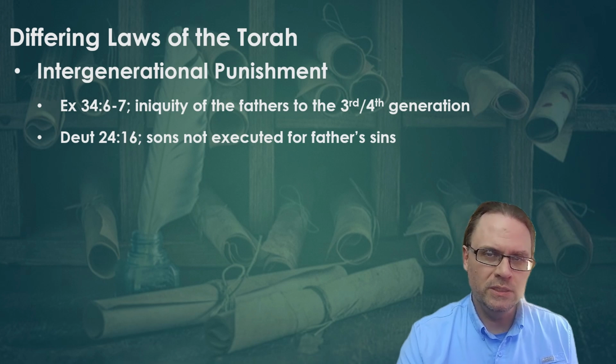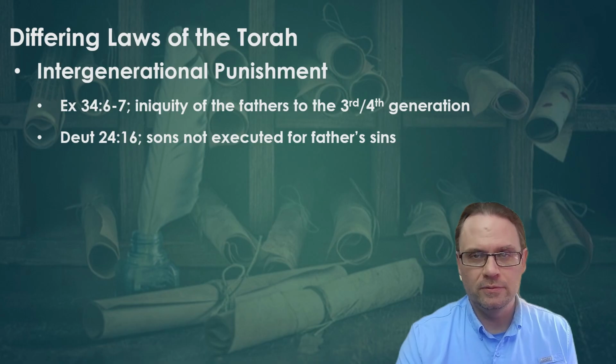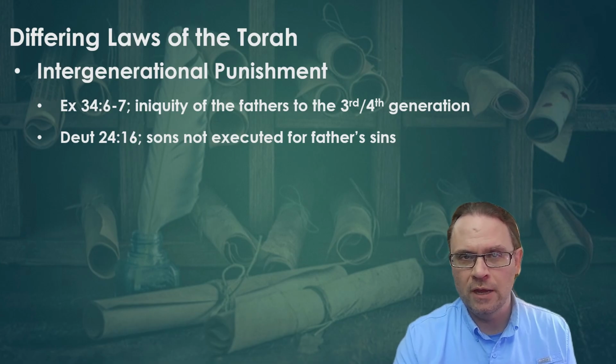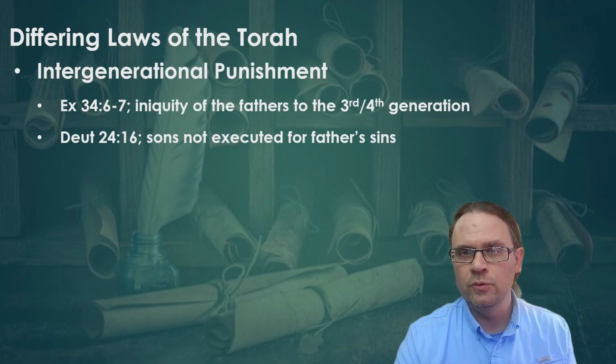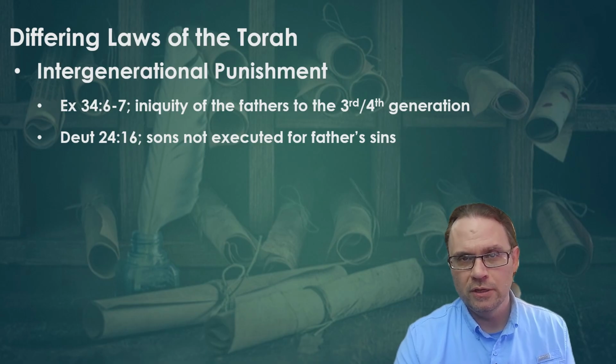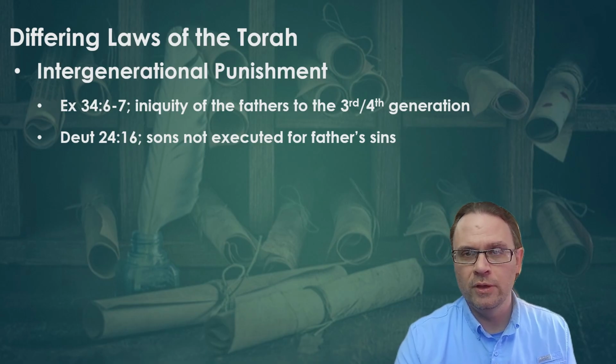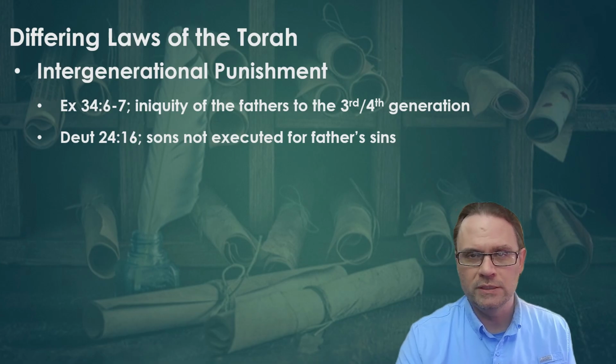As a side note, many scholars and perhaps Jewish apologists see the Exodus law as a mercy, as spreading the punishment out. I would argue the opposite, that this expression is actually intended to convey the severity of God's punishment. Now we'll need to go outside the Torah to see how these differing laws were actually applied in what scholars call the Deuteronomistic history. Judge for yourself if these narratives agree more with Deuteronomy or Exodus regarding intergenerational punishment.